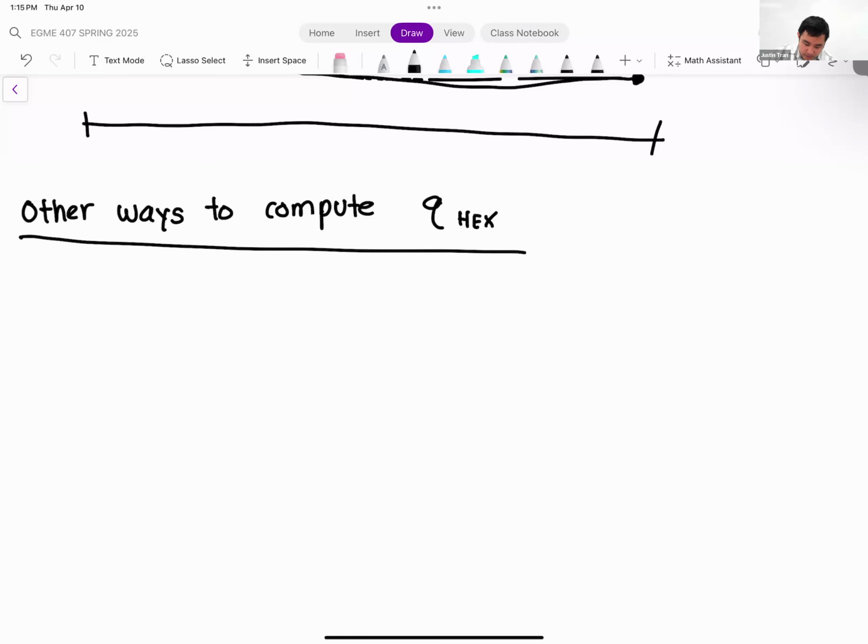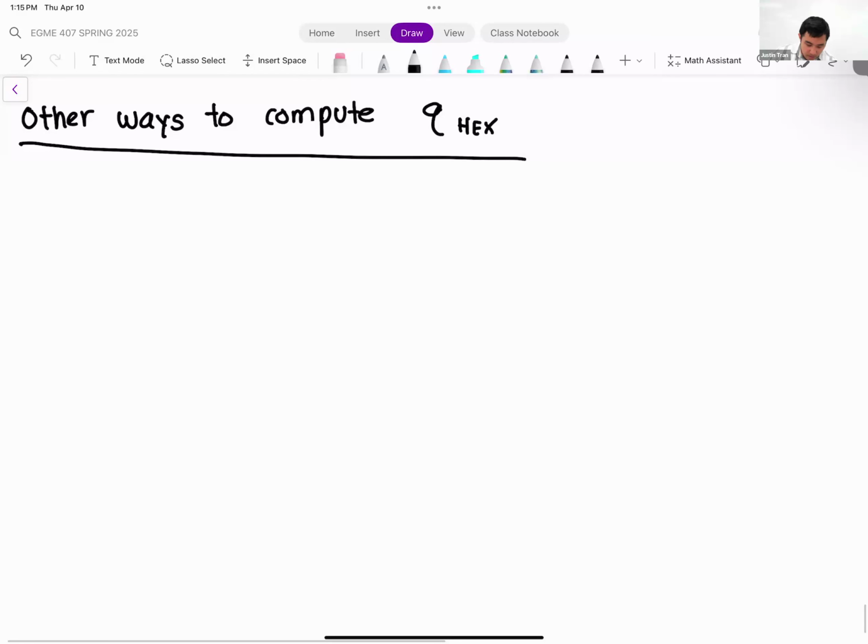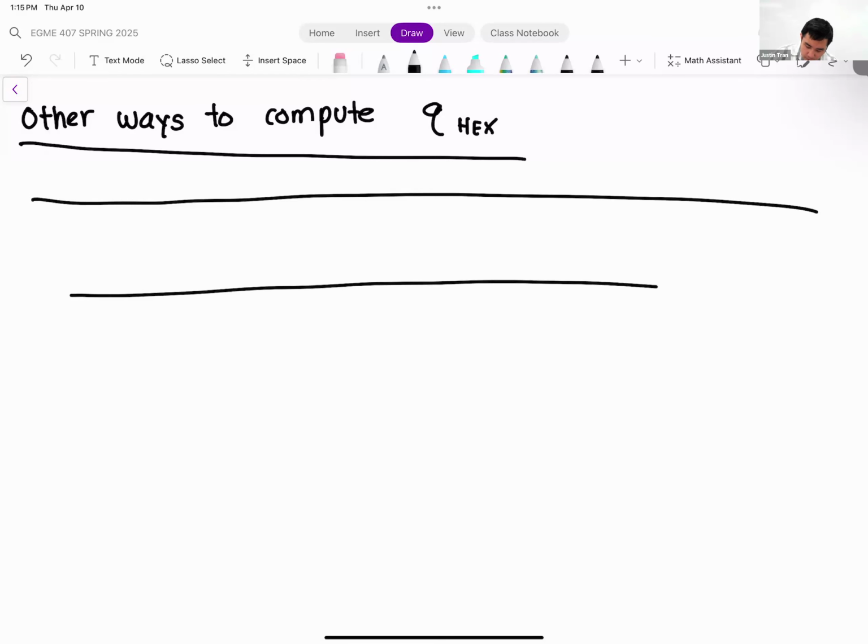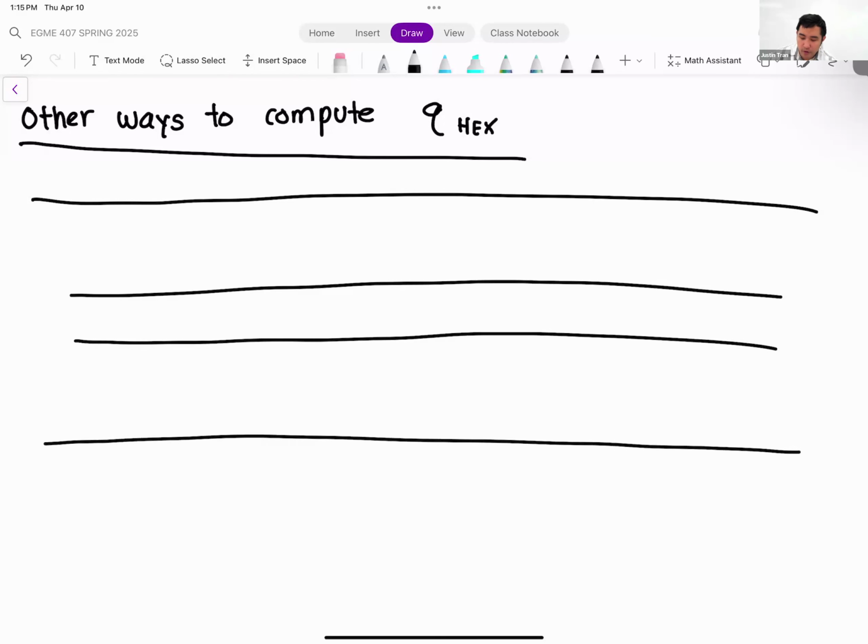So let's start with this. Let's draw our heat exchanger again. Okay. So for this discussion, it doesn't really matter too much if we have counterflow or parallel flow. And we'll talk about why in a second. Okay. So we'll call this fluid 2, fluid 1,